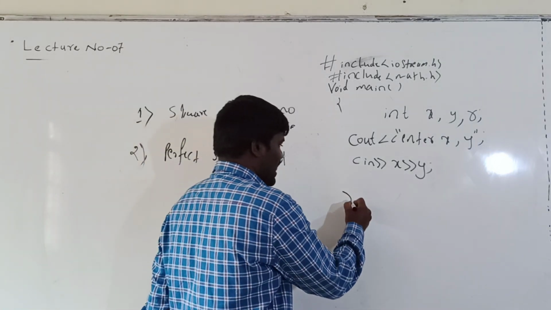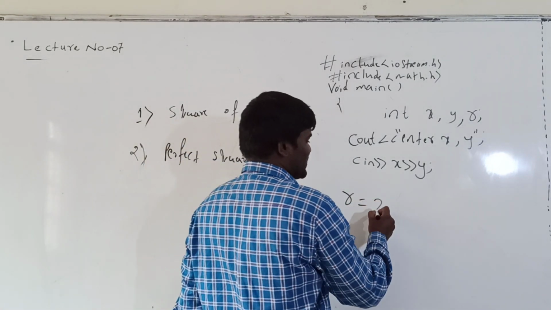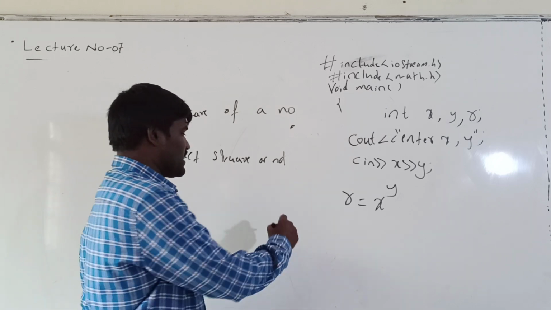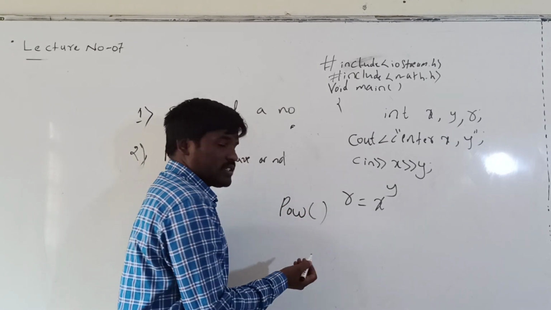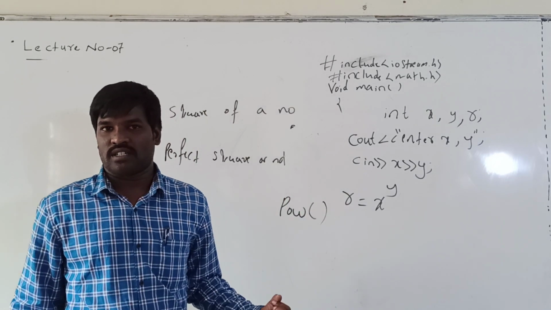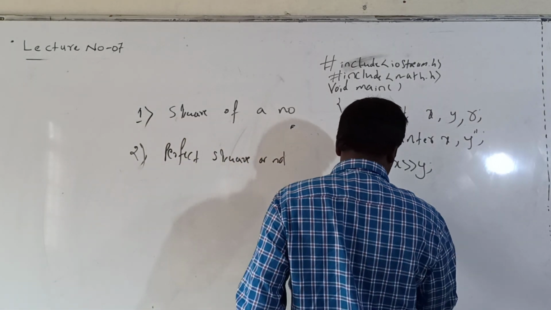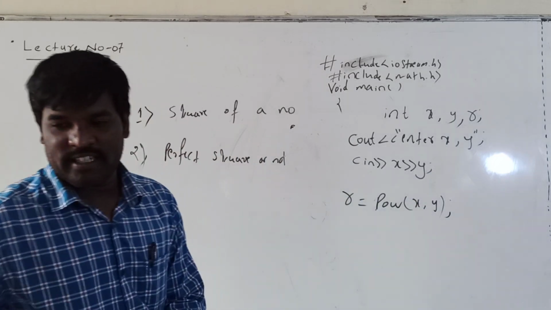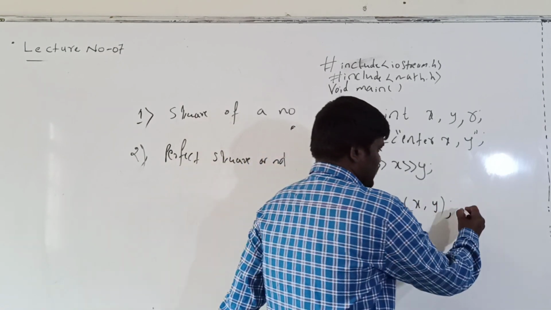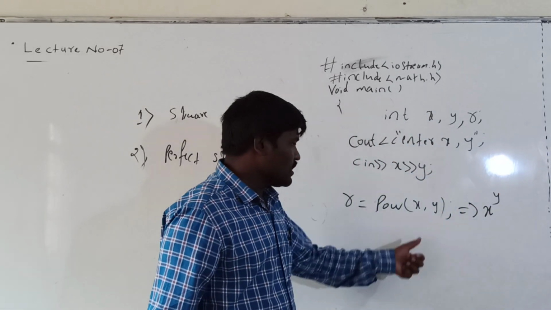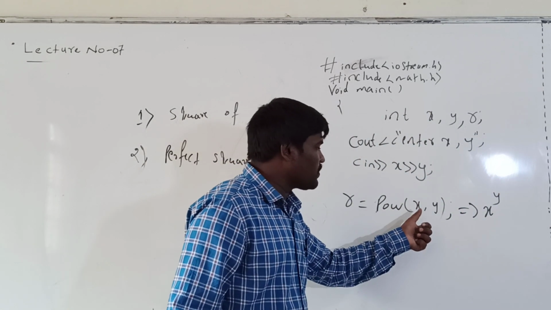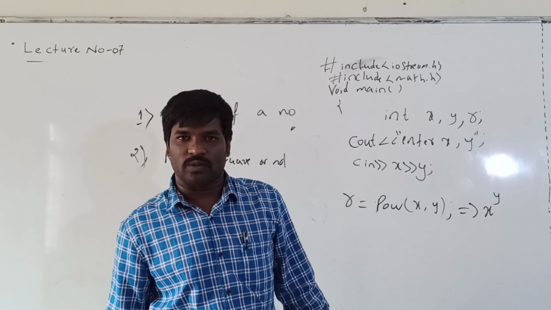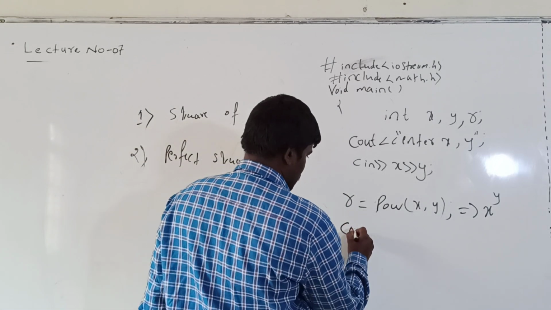See here, r is equal to, but in the computer how do we write x raised to y? Again we have to include the mathematical functions, that is the POW function. Here POW indicates the power function. See here, POW in the bracket of x comma y. So POW of x comma y is equivalent to x raised to y in mathematics. The first variable indicates the base, and the second variable indicates the exponent value. See, cout r.